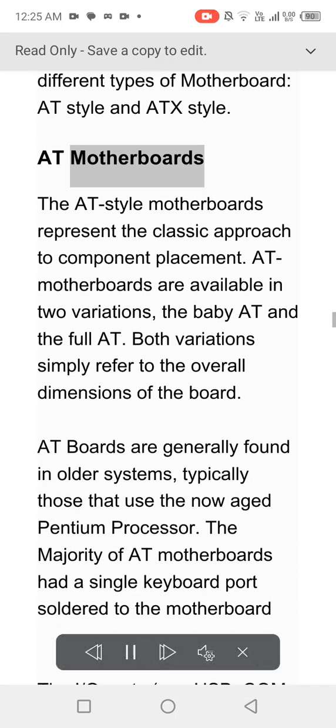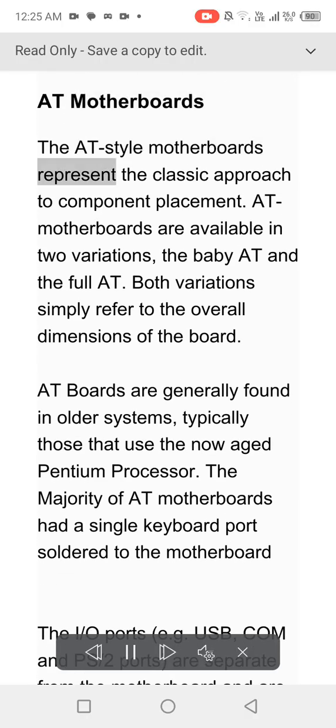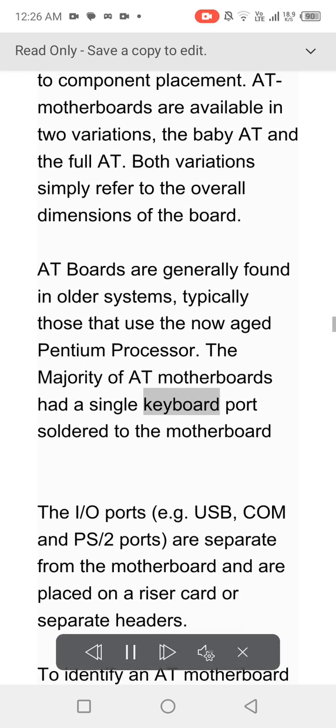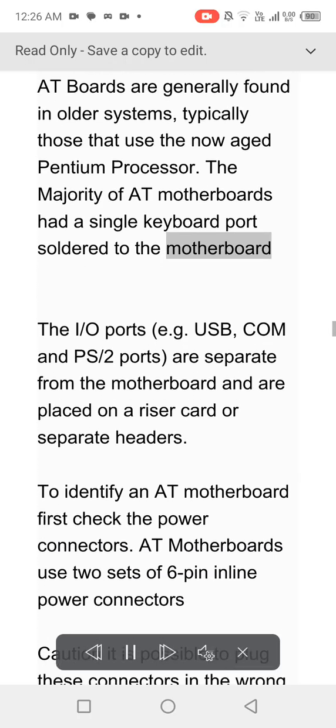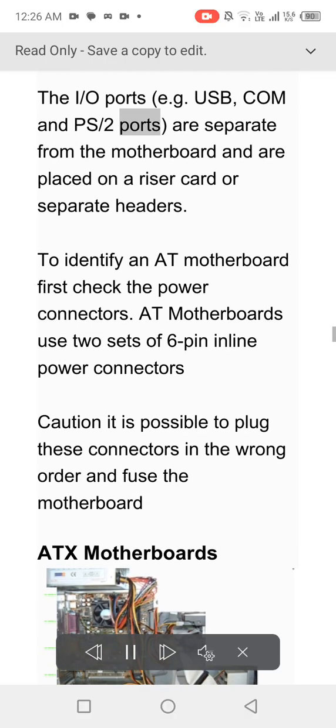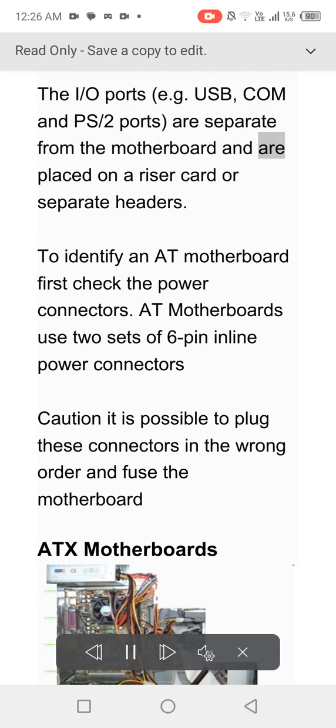AT motherboards. The AT style motherboards represent the classic approach to component placement. AT motherboards are available in two variations, the baby AT and the full AT. Both variations simply refer to the overall dimensions of the board. AT boards are generally found in older systems, typically those that use the now-aged Pentium processor. The majority of AT motherboards had a single keyboard port soldered to the motherboard. The I/O ports, e.g. USB, COM, and PS/2 ports, are separate from the motherboard and are placed on a riser